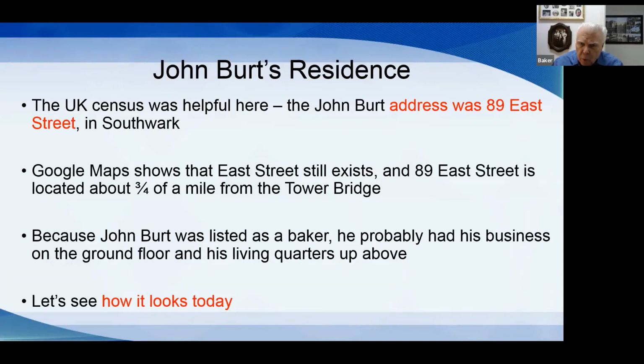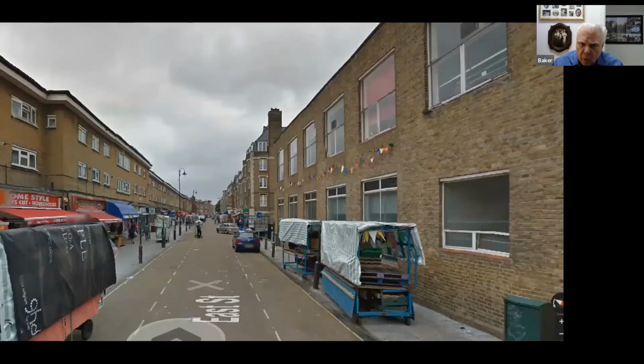And so let's go to Google and see what it looks like today. And look at that. I think that's interesting to be able to look right there, without even bothering to go to London, and you have a pretty good feel for where it was that he lived. I'm sure that they've updated the building somewhat since his time, but it looks like it's the same basic operation where you have your store on the ground floor and maybe you live upstairs.